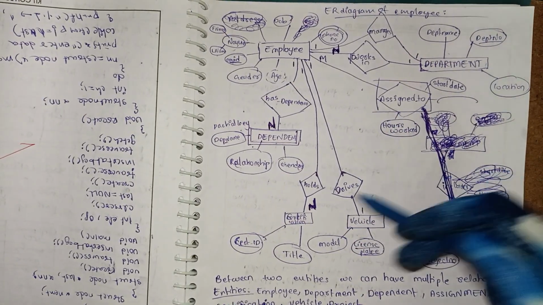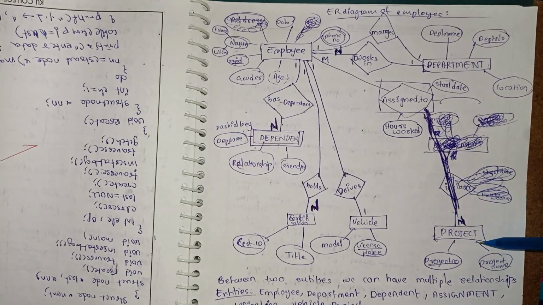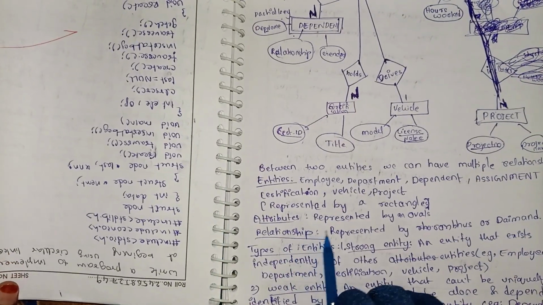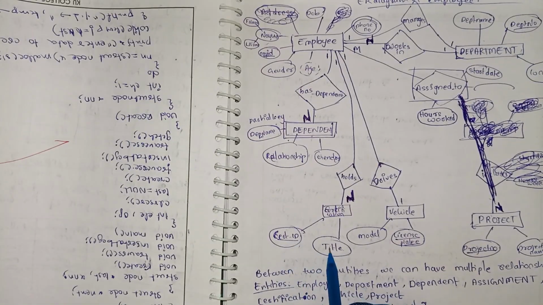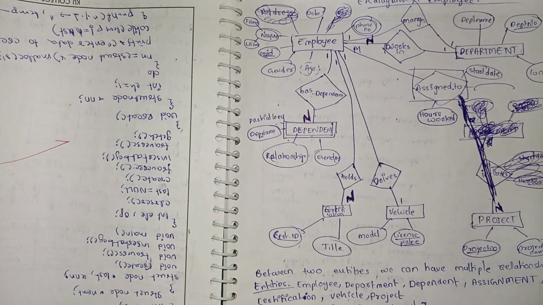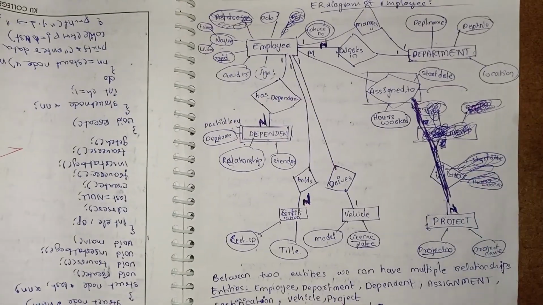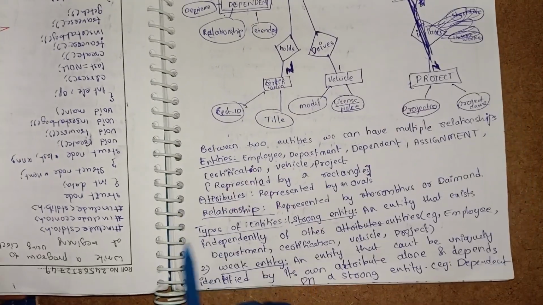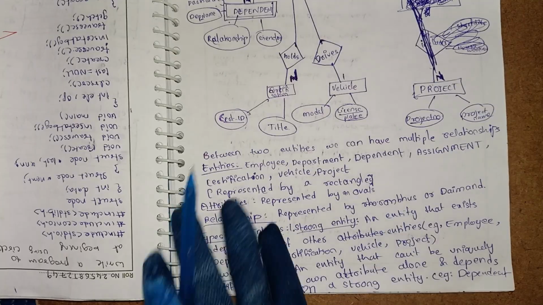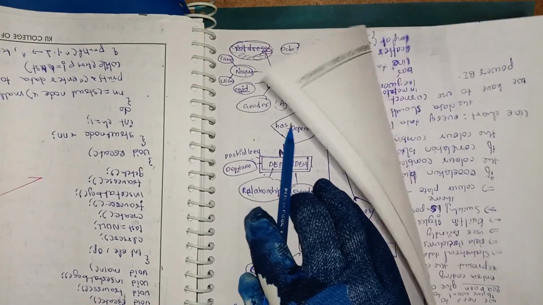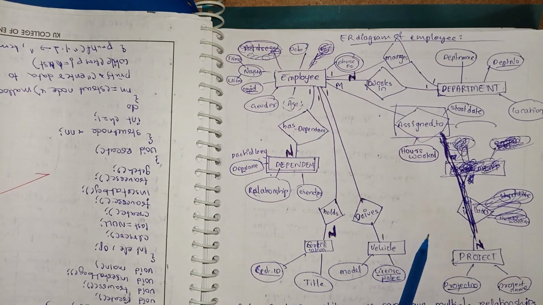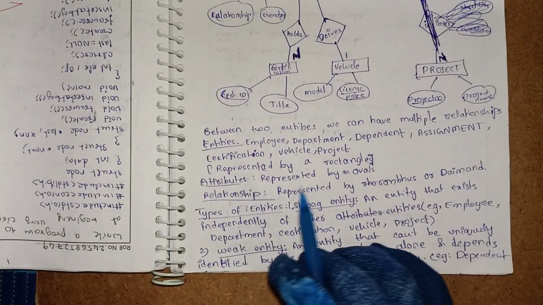And certification, vehicle, and project, these are the entities represented by rectangles. And attributes are represented by ovals, like certificate ID, title, model, license, project name, project number, like that. All these ovals are representing attributes. And then relationship is represented by a rhombus or diamond. Here we have has, dependent, works in, manages, assigned to, drives, holds, which are the relationship types. Okay,